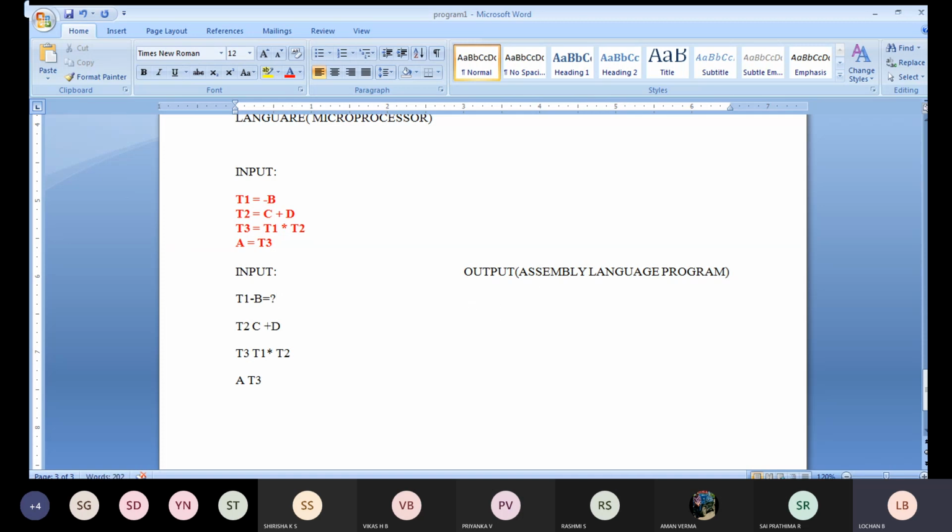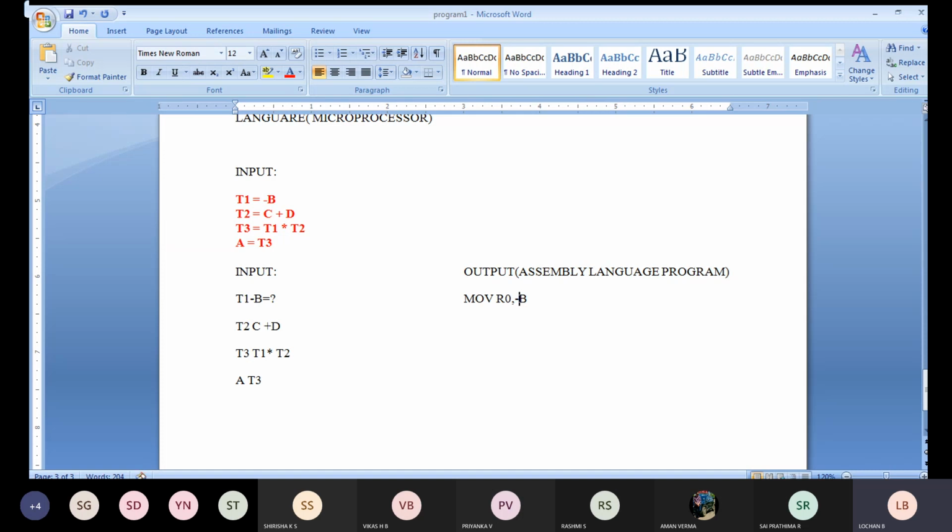If you want to write it in assembly level language, what is the instruction? Move. I am going to take one particular register, R0. I'll be taking B, which means whatever the content of B is, I am going to move to the R0 register. R0 is one particular register.